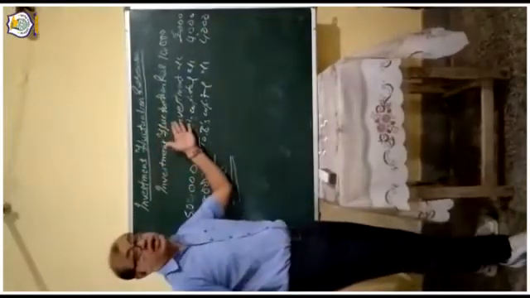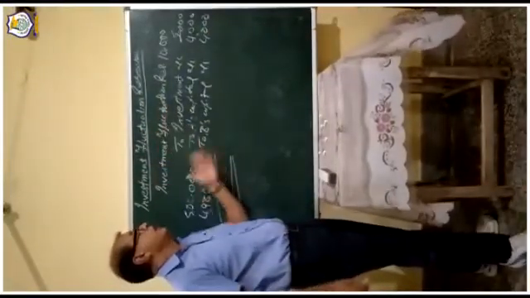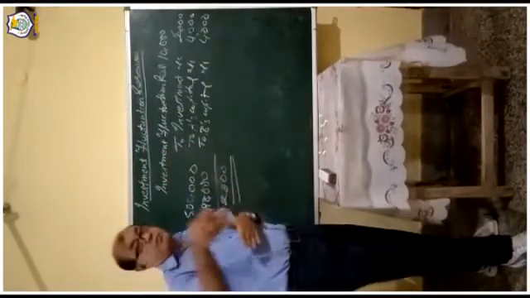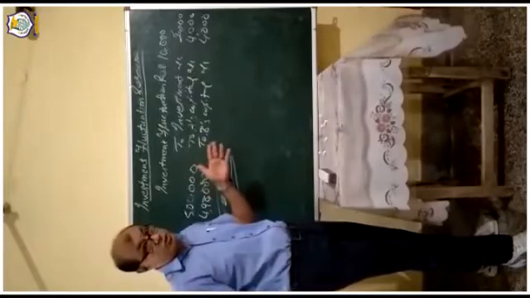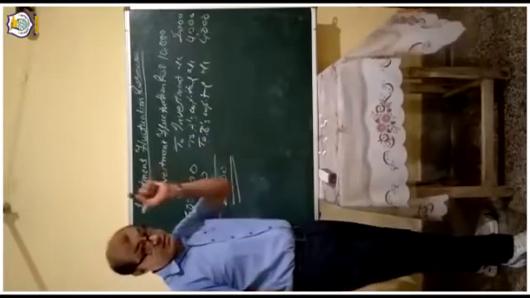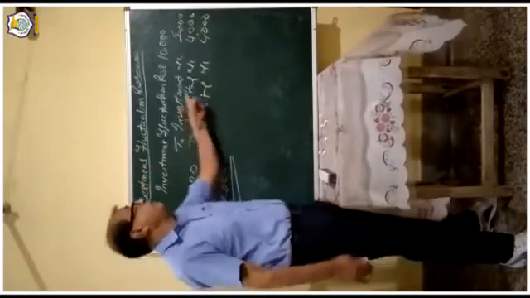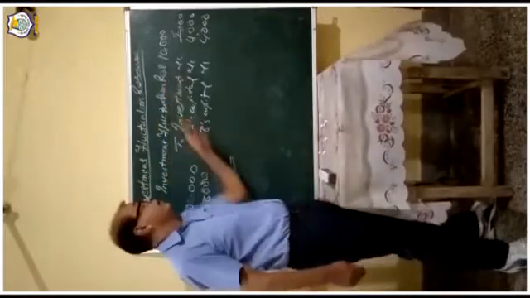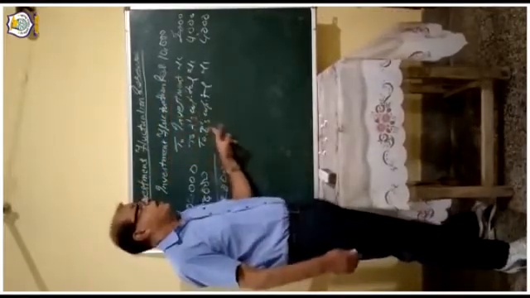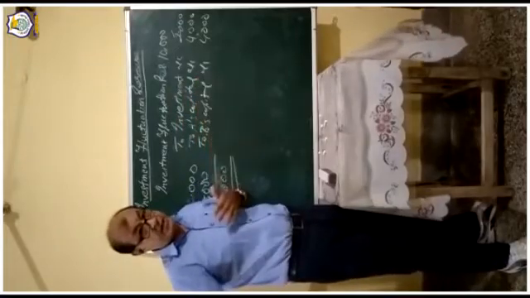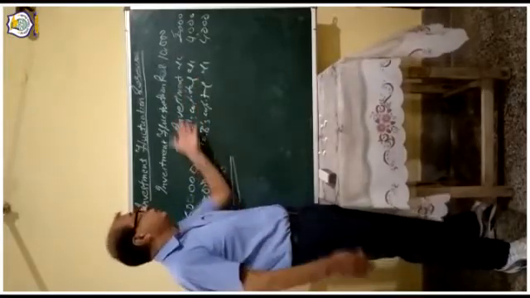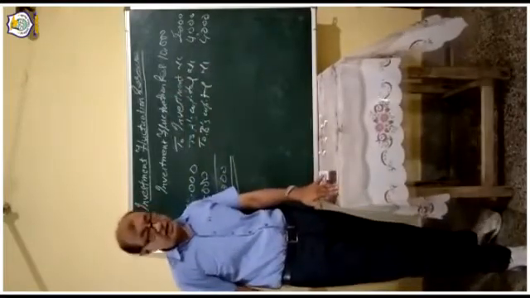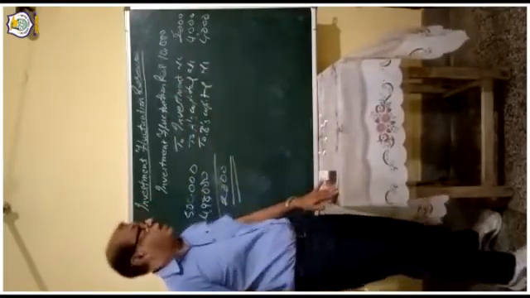Means investment fluctuation reserve is 10,000, and that investment reduces by 2,000, means it is a loss to investment. The asset is getting lost, so investment will be credited by 2,000, and the remaining 8,000 of reserve will be distributed among A and B in their profit sharing. As I told you, they are getting an equal share, so 4,000 they will be credited. They will get the credit of reserve.